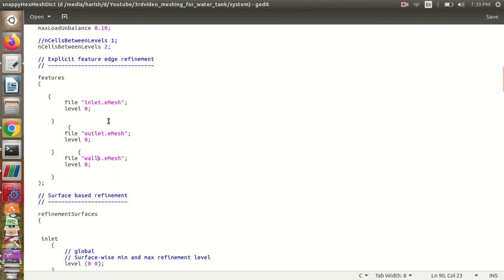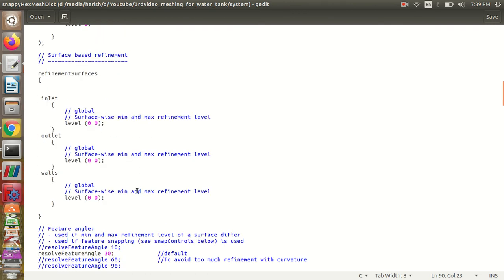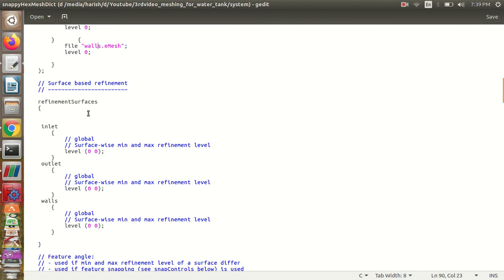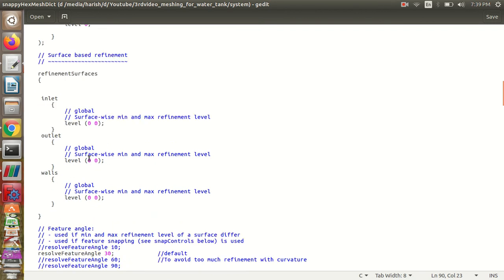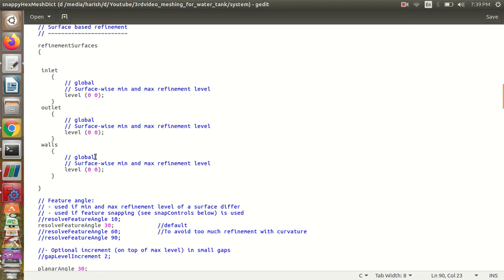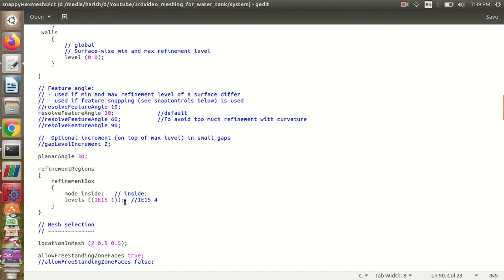Here I don't want any explicit surface feature refinement, so I kept all the things as 0. And for the surface based refinement, I did not do any refinement, because this tutorial is only meant for generating the mesh for complicated geometries. If you want more information about what exactly all these things do, once again I'm saying you can watch my video for SnappyHexMesh, which is attached in the description box.